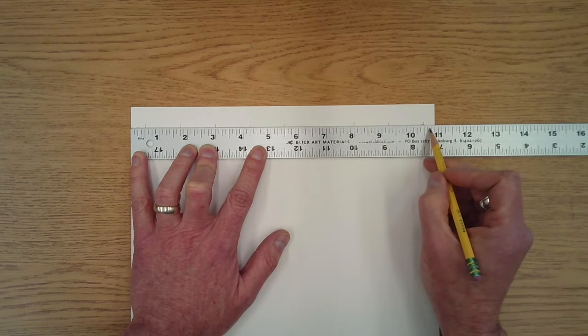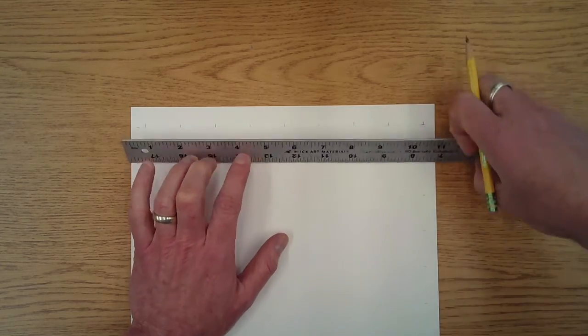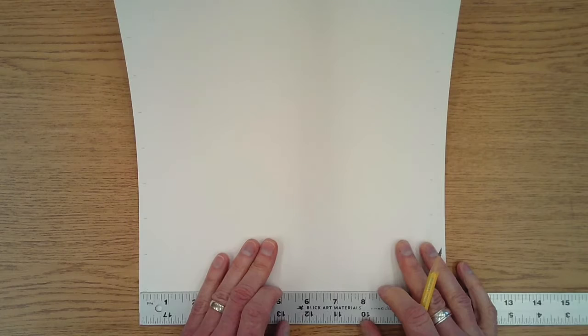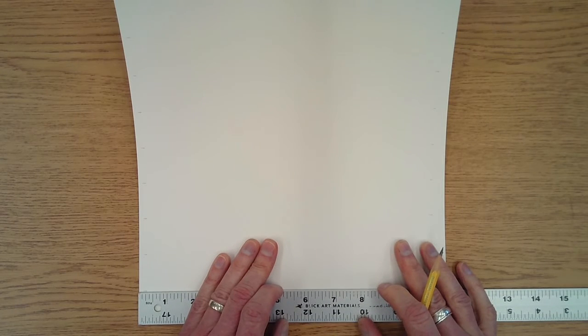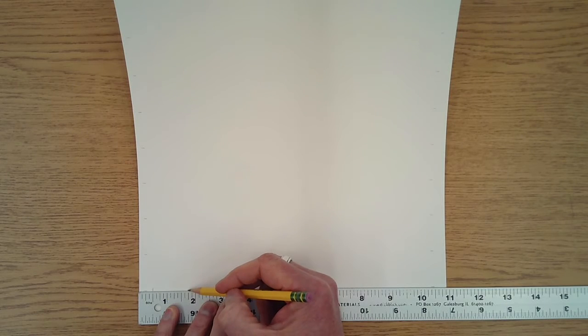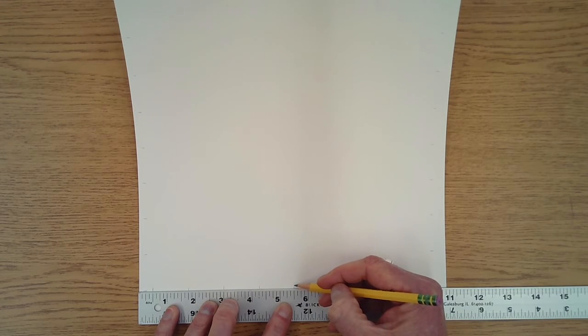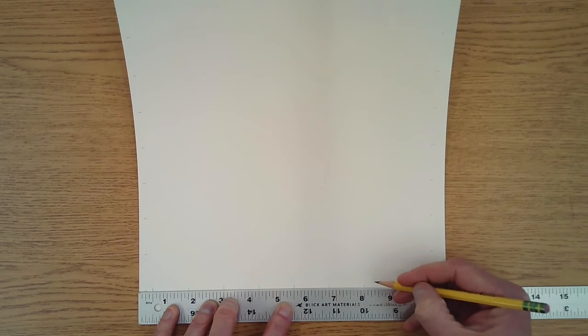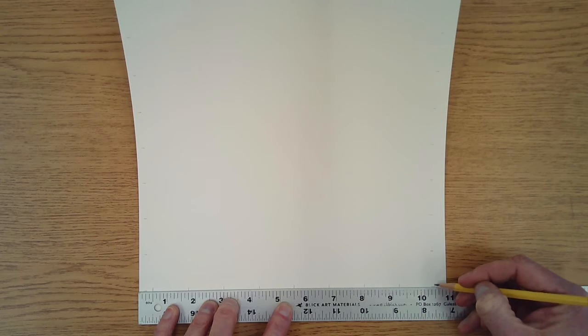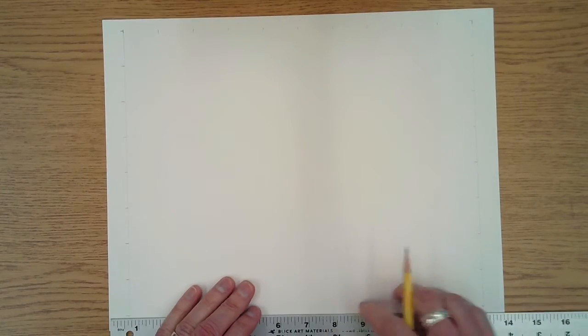And again, there's a little bit less than over here, but what's most important is that all of my squares are exactly the same size. Again, I did not rotate my piece of paper around. I am going to come in by 1/2 of an inch, and go 1 3/4, 3, 4 1/4, 5 1/2, 6 3/4, 8, 9 1/4, and 10 1/2. Connect that there. So now these spaces should be exactly the same width as the spaces up top. I can begin now